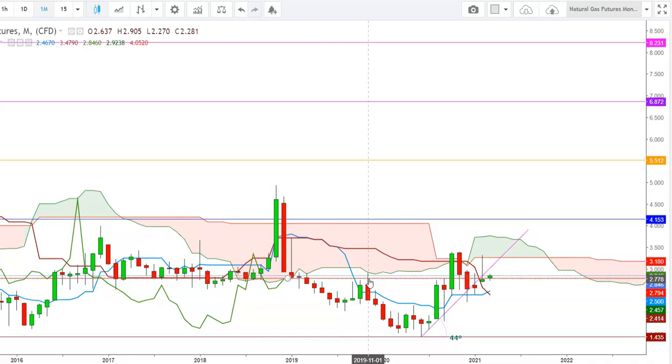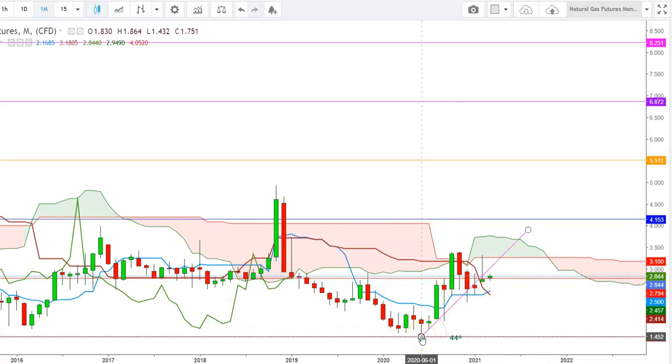$2.794 during the month of November 2019, when the natural gas futures found stiff resistance at the lower end of the Ichimoku cloud and started to move downward. This downward trend continued up to the levels of $1.435, which the natural gas futures tested during the month of June 2020. So here you can see how the natural gas futures have been maintaining an uptrend since